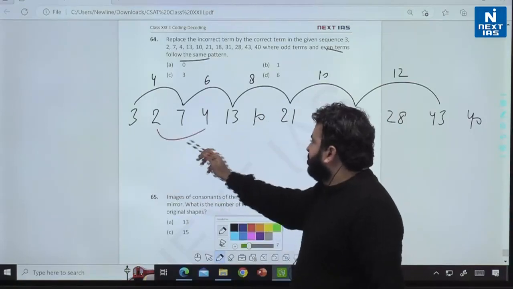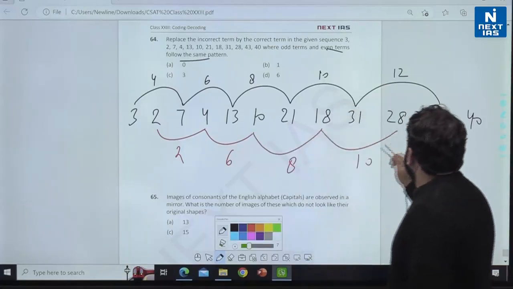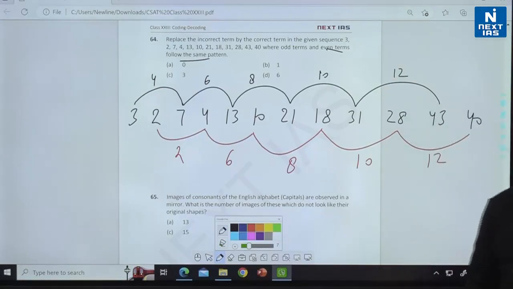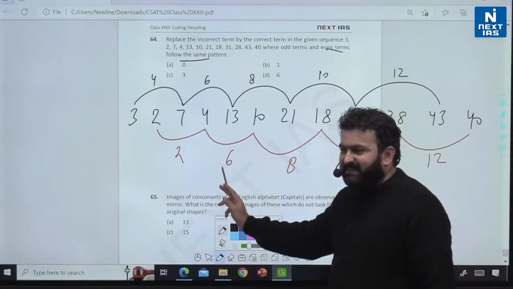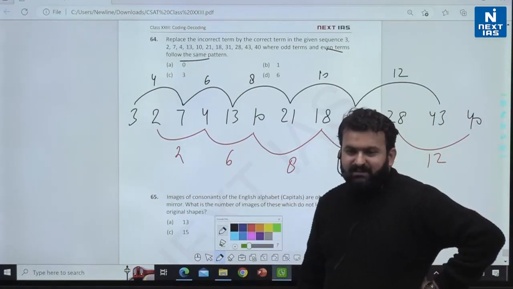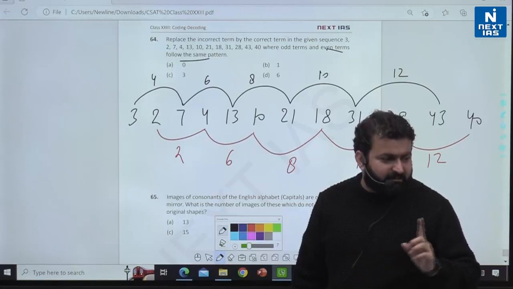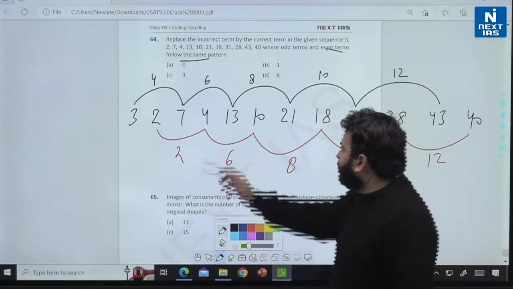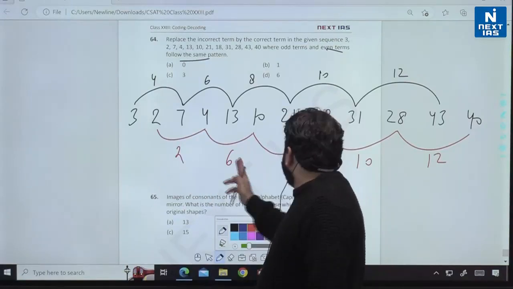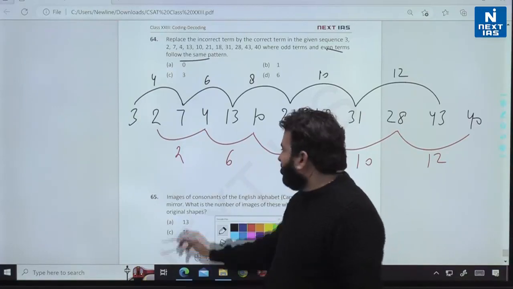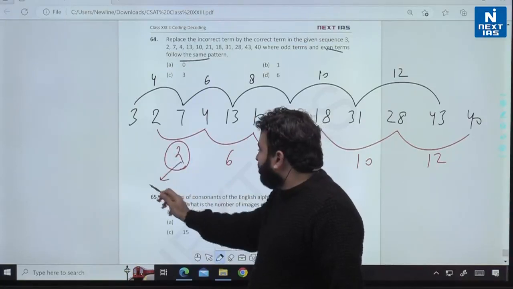even terms 2, 6, 8, 10, 12. So now all of you, now see here, देखो 12 है, 10 है, 8 है, 6 है, and then here you have 2. What is clearly mentioned here? That the odd terms and the even terms, they follow the same pattern. So all of you, यहाँ पे 4, 6, 8, 10, 12. So यहाँ पे भी 2, 6, 8, 10, 12 है. So now in this case, all of you, so instead of 2, you must have what? 4.